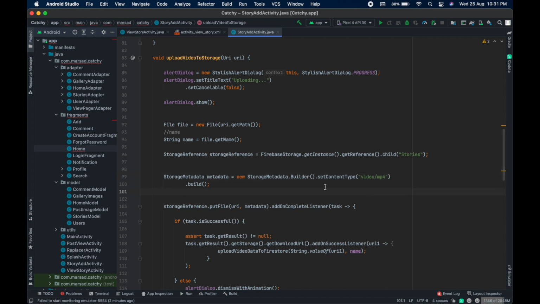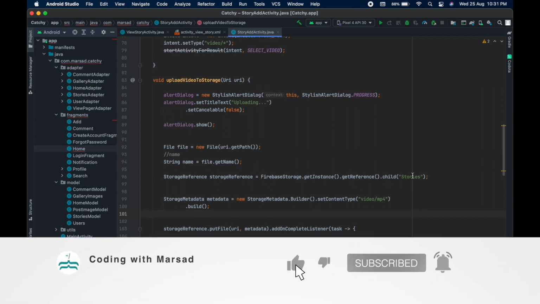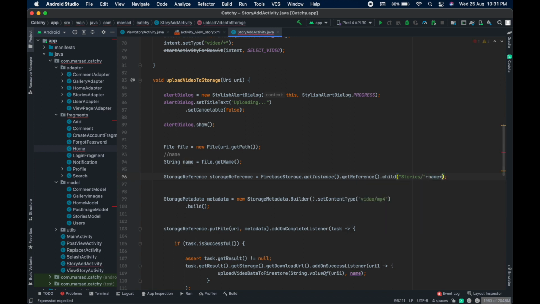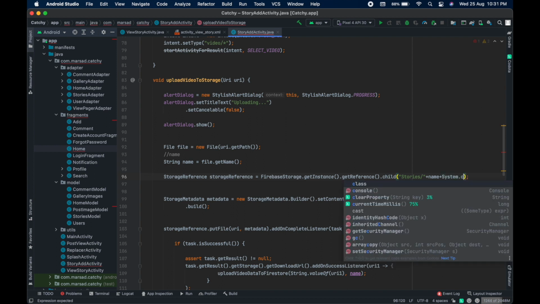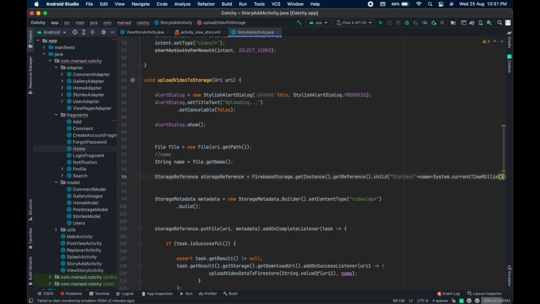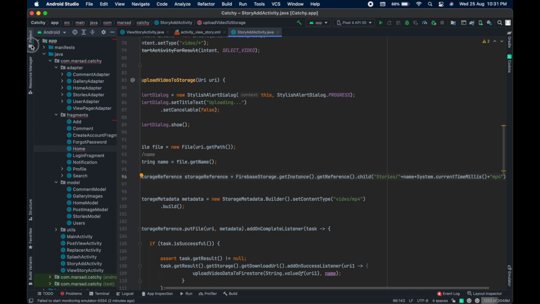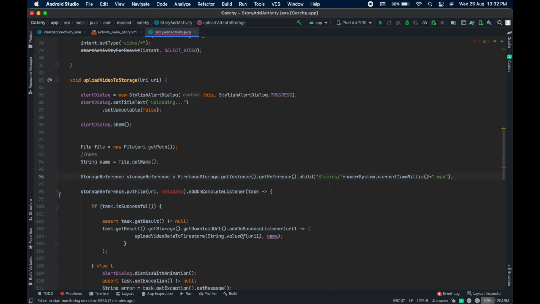First of all, inside the upload video to storage method, here storage slash plus name plus System.currentTimeMillis plus, inside double quotes, .mp4, the file extension .mp4. And remove these two lines, storage metadata. And also from here,